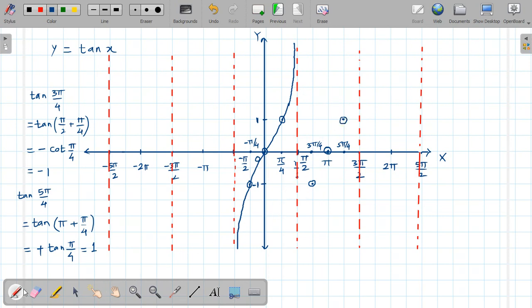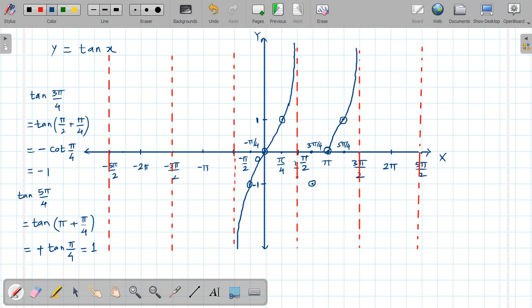Now, as per our knowledge, tan of pi is 0, and tan 5 pi by 4 is 1. If you want to draw the graph, then it reaches this point, and after that tan 3 pi by 2 is infinity. That's why we have to show the graph like this. Do not touch the red line, because tan 3 pi by 2 is unknown or infinity. So from pi it reaches 1 at 5 pi by 4, and then goes up to infinity. You have to show it like this.